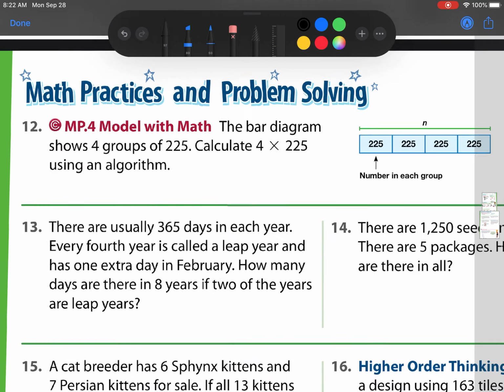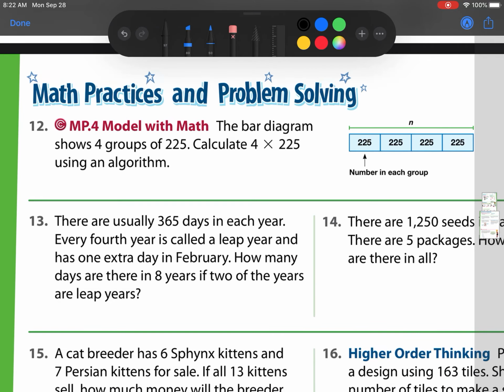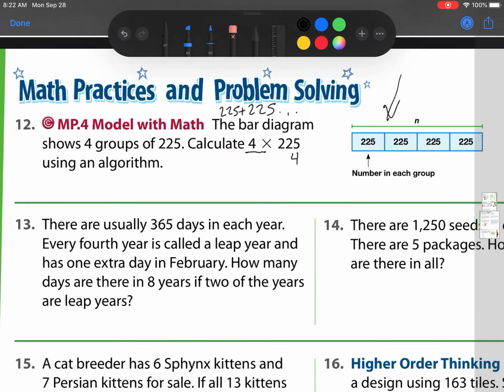Good job on that other part, guys. So now we have this problem. The bar diagram, which is this thing right here, shows 4 groups of 225. Calculate 4 times 225 using an algorithm. If I wanted to check, I could do 225 plus 225 4 times, but I'm going to use multiplication since that's what they give me. So I'm going to zoom in,